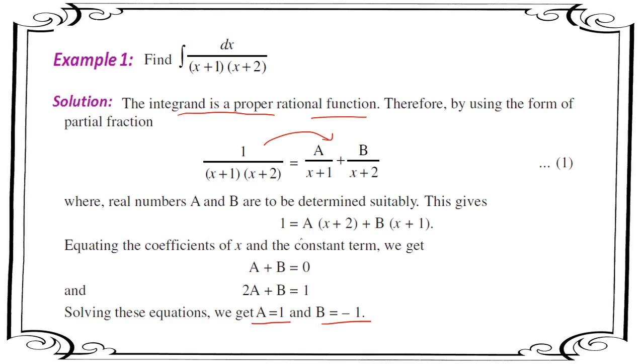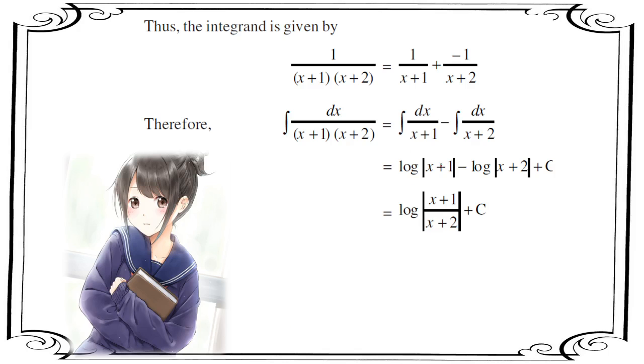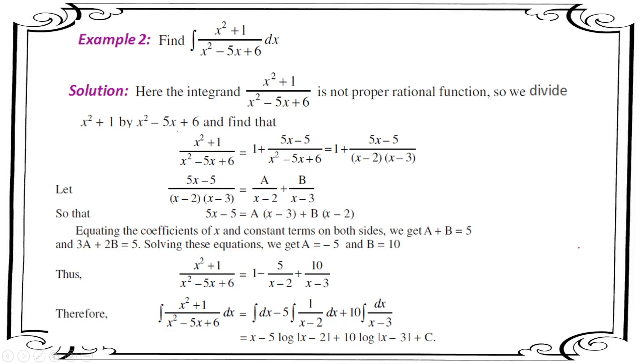Basically what we did here, we opened the bracket, compared the coefficients of x and constant term. We will get two linear equations in two variables and then everybody knows how to solve it. So a is equal to 1 and b is equal to minus 1. Put these values here and then we will be able to integrate very easily. So dx upon x plus 1, this is log of x plus 1, minus as it is, and this is log of x plus 2. And log m minus log n is equal to log m by n, and this is the answer.